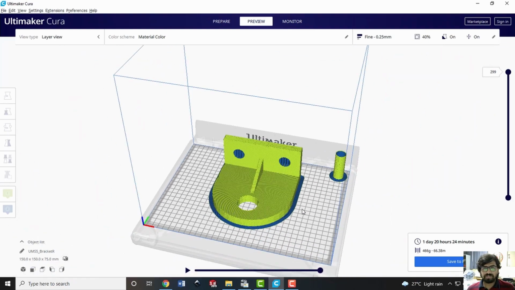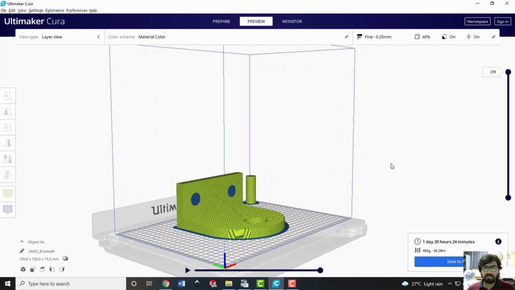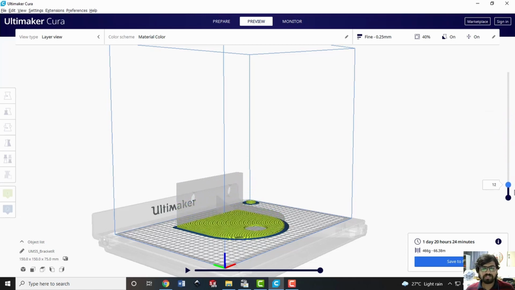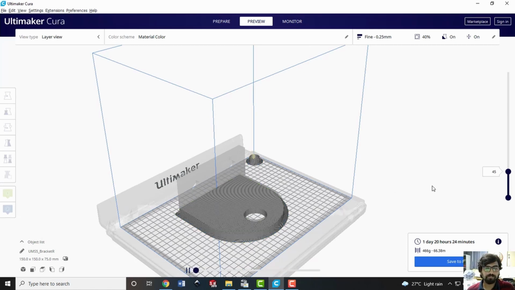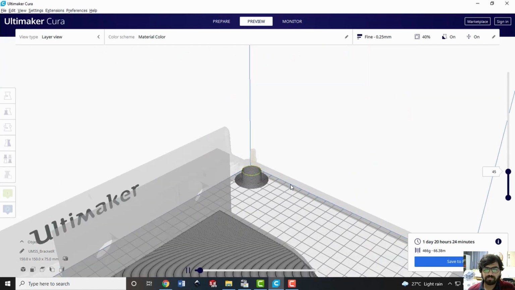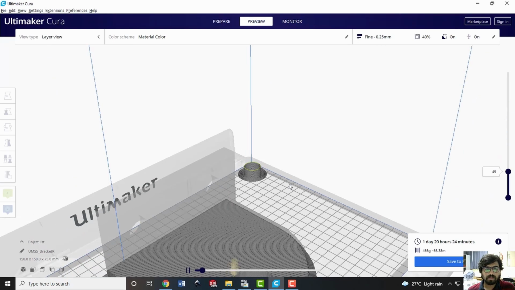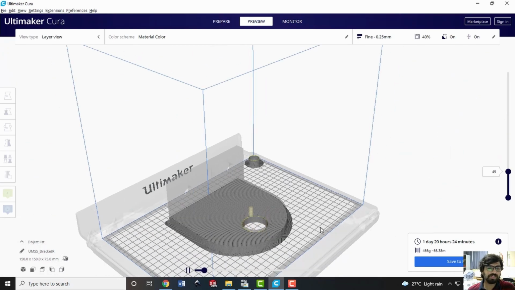So now let us try to see the different layers, and we will do the simulation as well. So you can see this right side bar can show you the different position of the deposited layers. So if I consider maybe a location over here, and then you can play this on the bottom side to see how the material is going to deposit at this particular layer. So first you can see it is depositing material here, and then it is depositing the main material here.